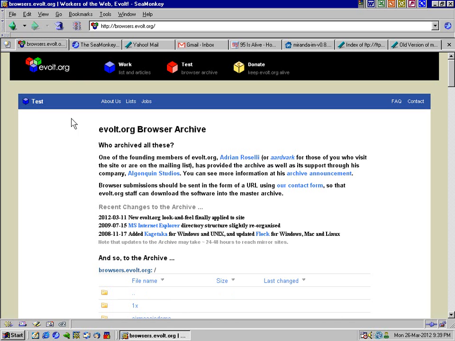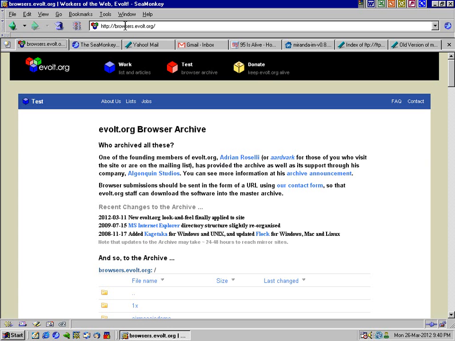Okay, so now getting the software that makes Windows 95 usable or mostly usable today. So let's cover all these. Now, as you notice, I got a bunch of tabs open. 95 can do it, and I'll cover that in a minute. But anyway, the first site is browsers.evolt.org. I've mentioned this site before in several videos I've done, but in order to get Windows 95 upgraded, now there are service packs for Windows 95, but I find the best way is just to ignore those service packs because the Internet Explorer 6, I'm sorry, not 6, IE 5.5 Service Pack 1 will actually install all the